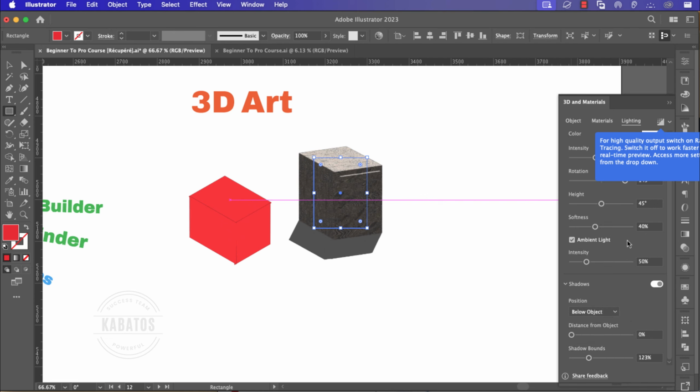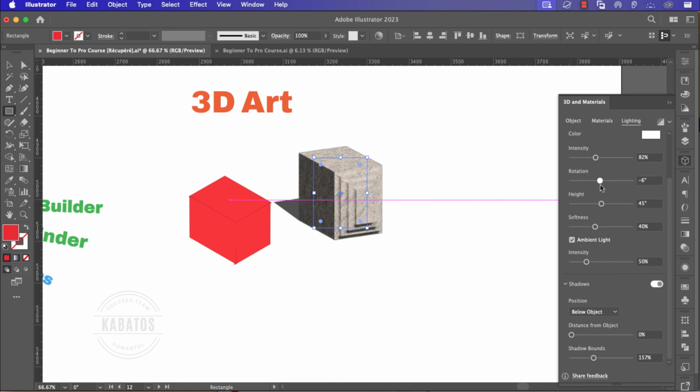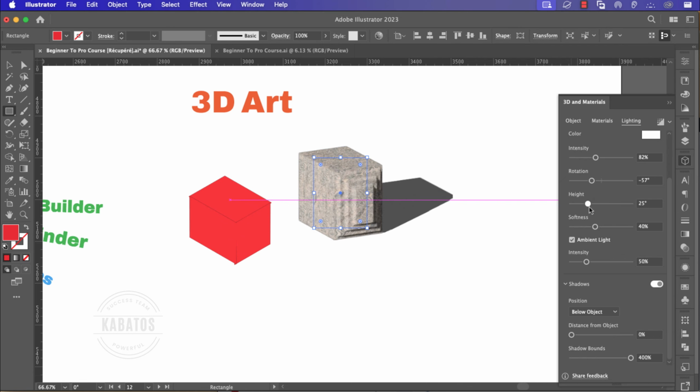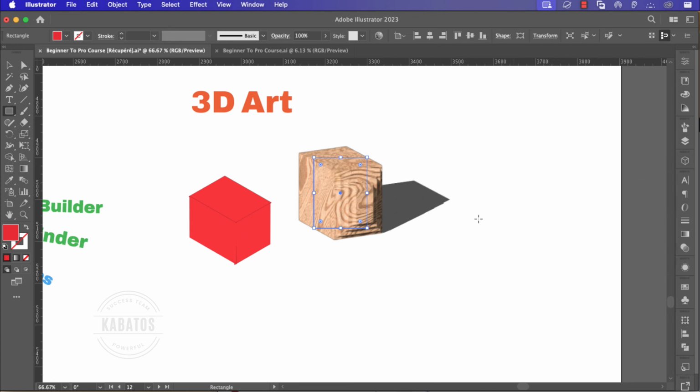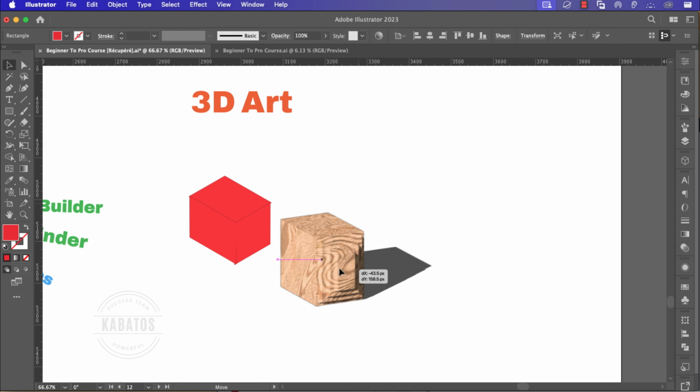If I choose below, I can go to rotation to rotate it and change the position like that. Increase the weight, the height of my shadow, or decrease it like that. Increase the intensity of my light. Okay, this is your 3D basic creation. First you create a shape, second you add